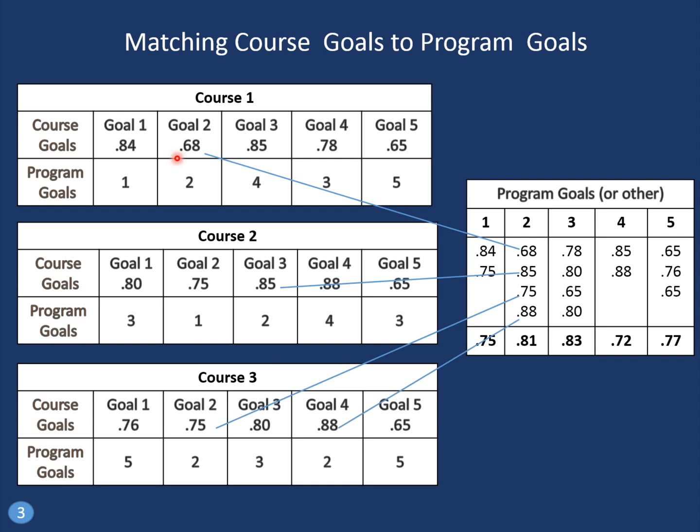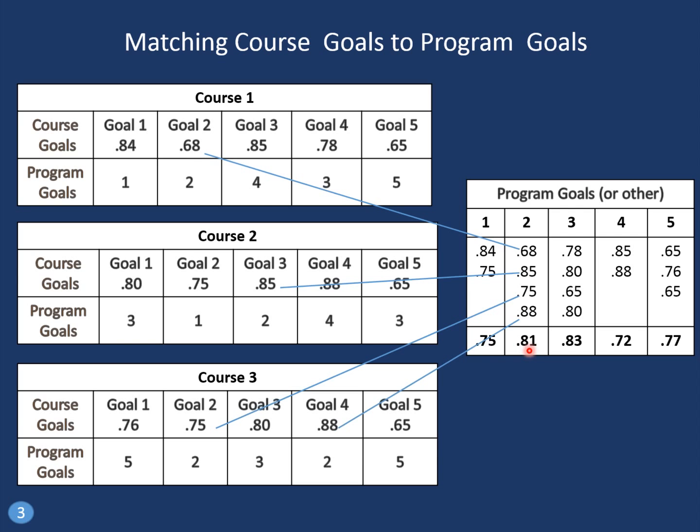And for the second course, they had a goal 3 that contributes to the same thing that course 1 was measuring, which is program goal 2. And the same logic for course 3. And in fact, course 3 had 2 goals that they could address in their course. They're all addressing program goal 2, and if you take the average of those, that's where that 0.81 comes from, the calculation table that we showed.